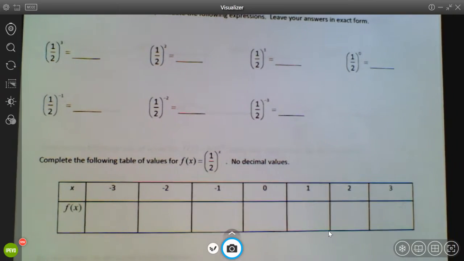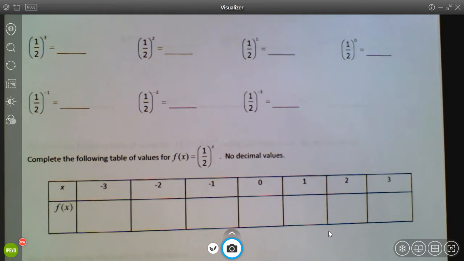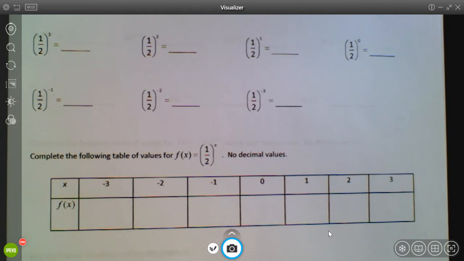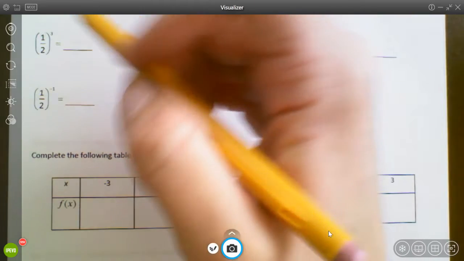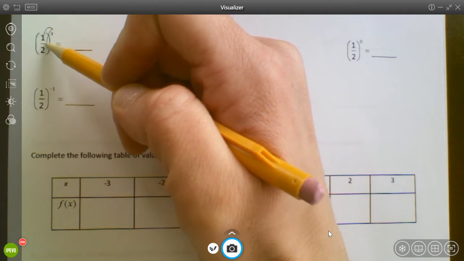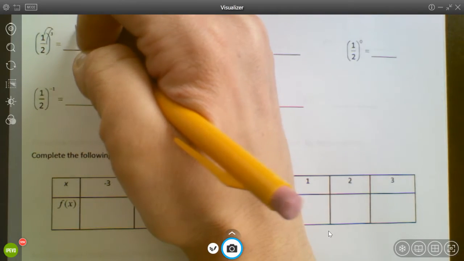All right, so you'll notice that this next example looks definitely different than the front ones, because on the front examples, our bases were just integers. Now our base is actually a fraction. That's okay. We know how to work with fractions with exponents. So remember that when we have a fraction raised to some exponent, the exponent needs to get to both parts of the fraction. So I'm going to rewrite this 1/2 raised to the third power as 1 to the third